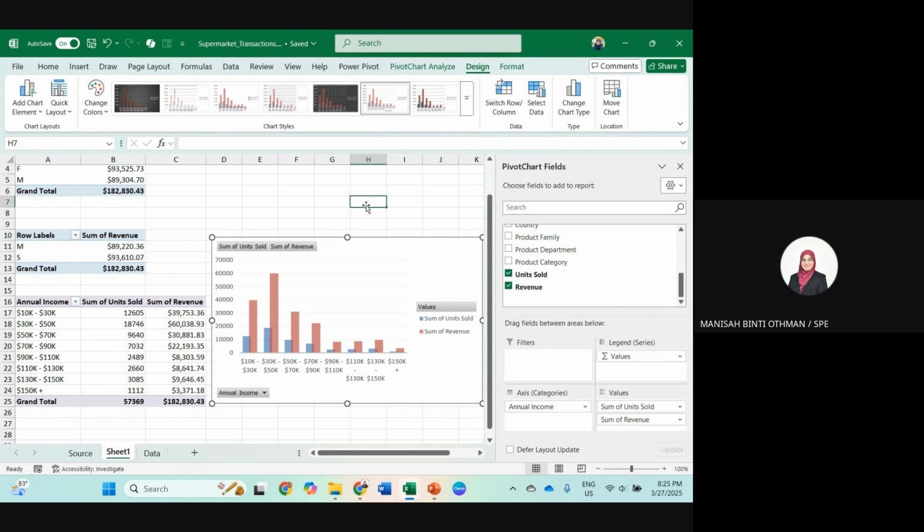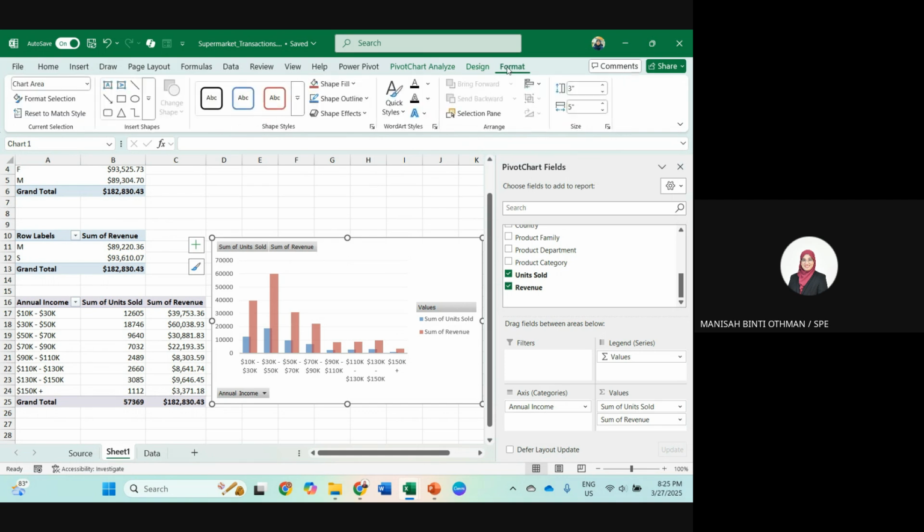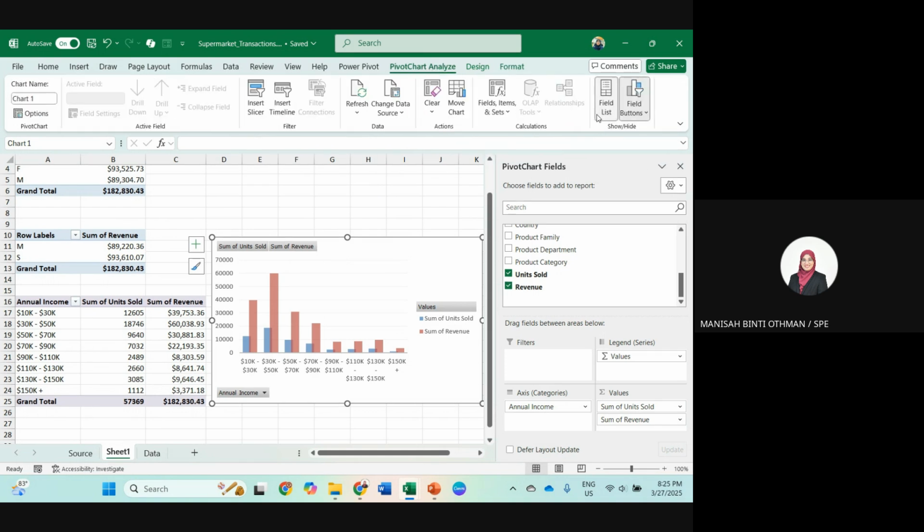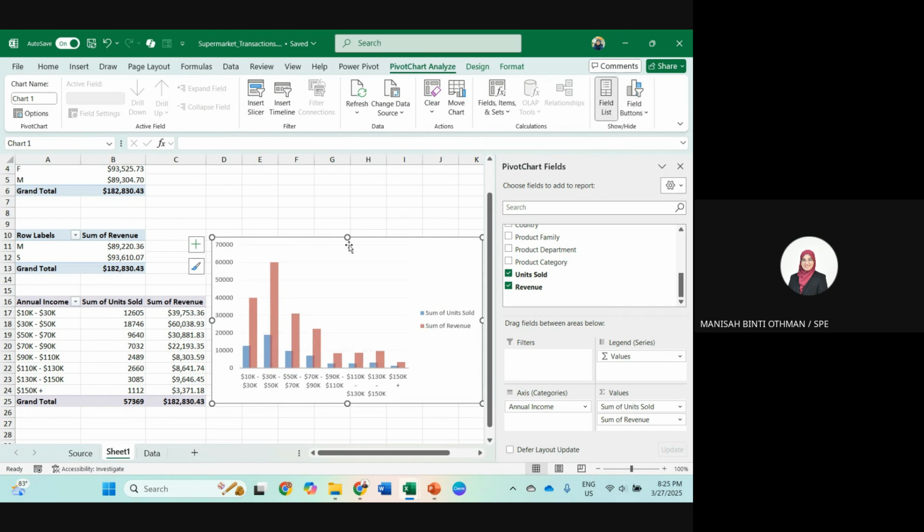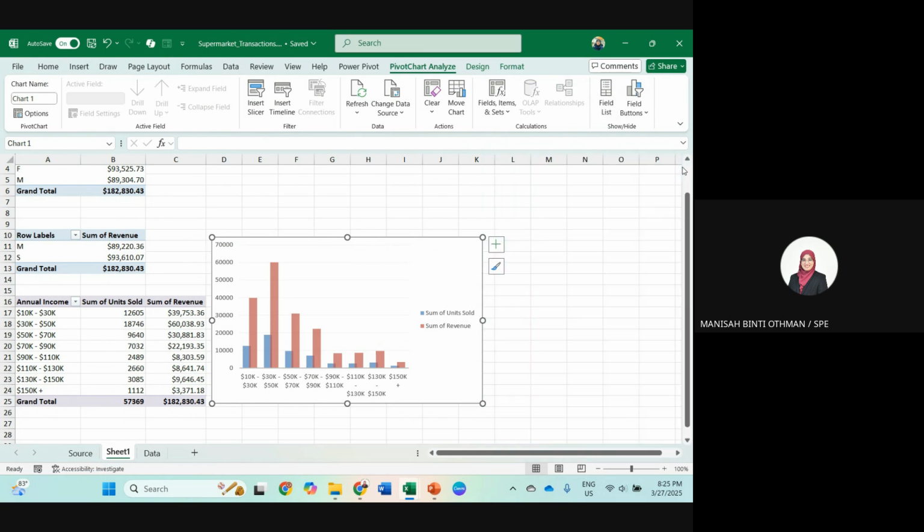Let's say you choose this one and want to remove this field, go to Analyze and Field Buttons. Then you can add the title and so on. Again, like I said last week, make sure when you create a chart you have a title and axis titles. Alright, proper chart.